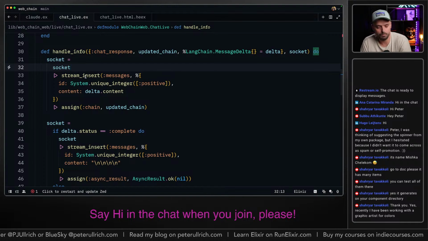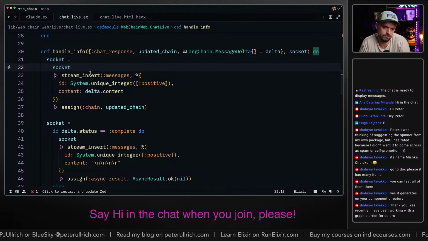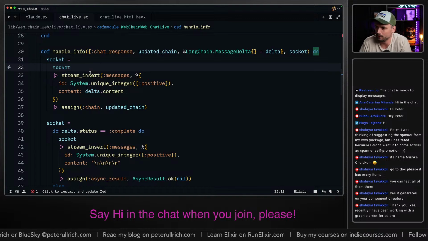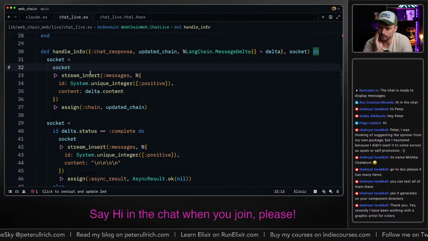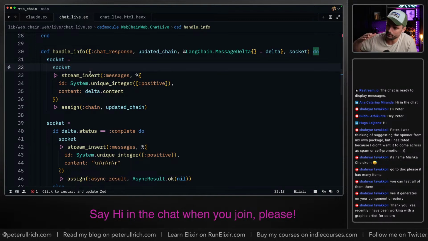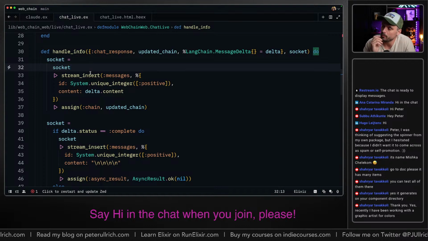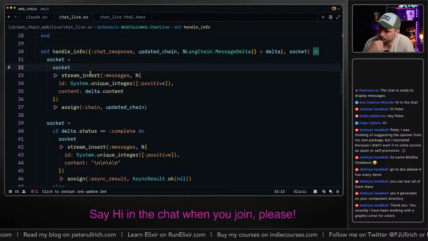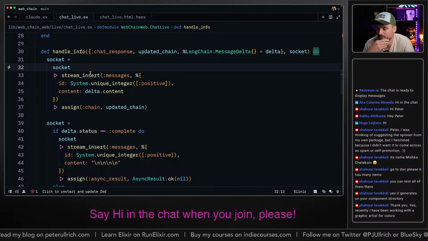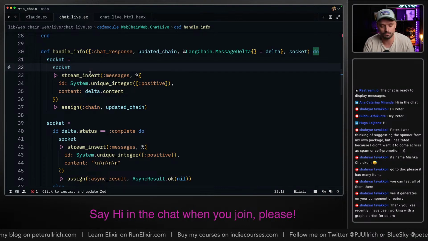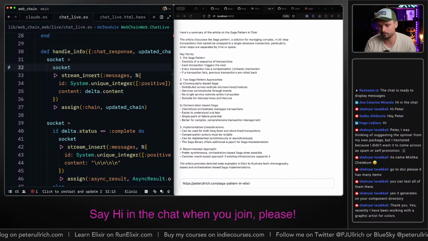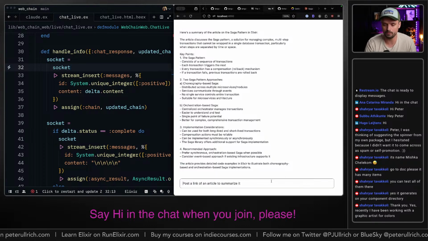Could be that live view is just not able to send the response while all the deltas come in, because if all the deltas are queued up, they first have to be processed, and maybe only then live view is able to send a change to the front end. I don't know, because the responses are coming in pretty fast. Anyway, it still works.